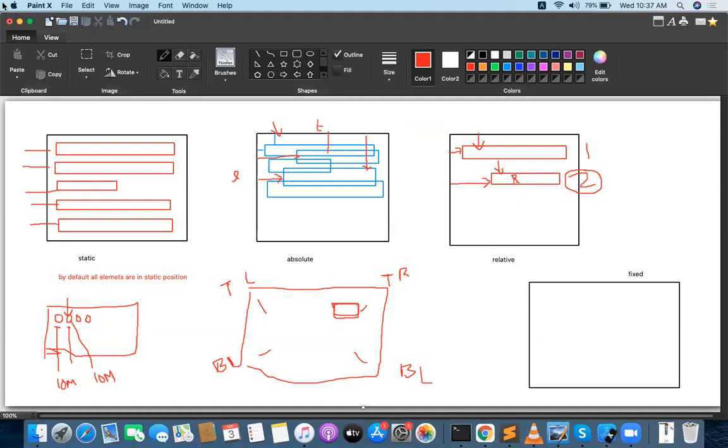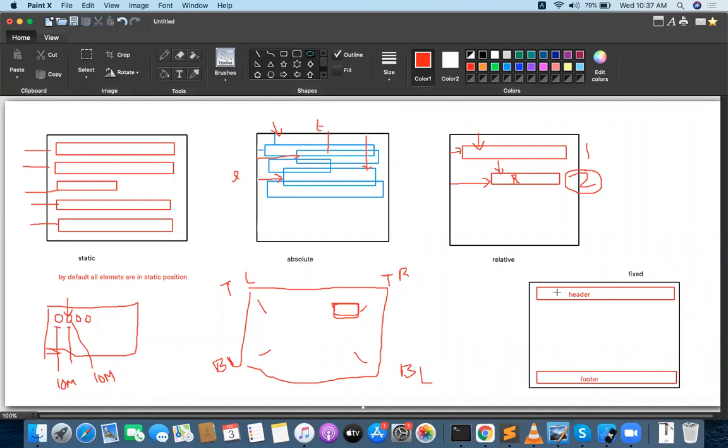And coming down to the fixed position, in this particular fixed position, if I am placing one element here, this element is not movable even if you scroll the page. For example, you have the header and the footer. I don't want to move the header and footer with my body. I can scroll my body, but I don't want to change my header place or my footer place. Header and footer will be fixed.